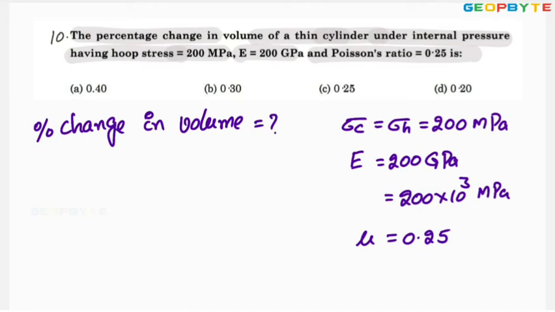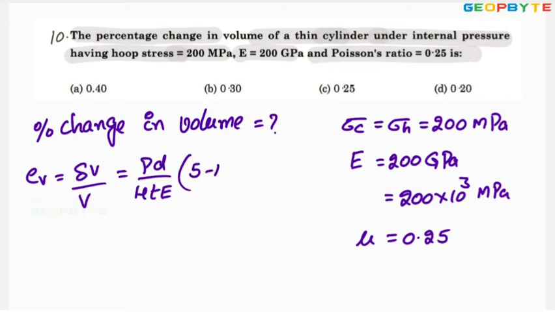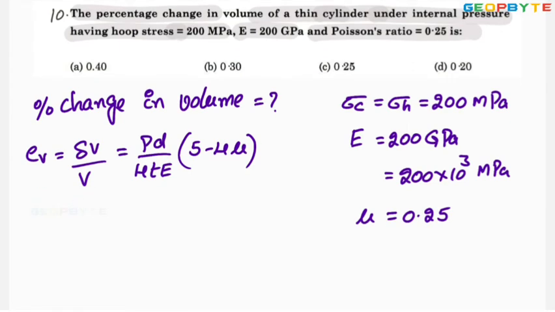As we know, volumetric strain equal to change in volume by original volume. It is equal to PD by 4TE into 5 minus 4 mu. This already we have discussed. This proof already we made for the earlier problem. This is the volumetric strain. Therefore, change in volume by original volume can be written as PD by 2T into 1 by 1 minus